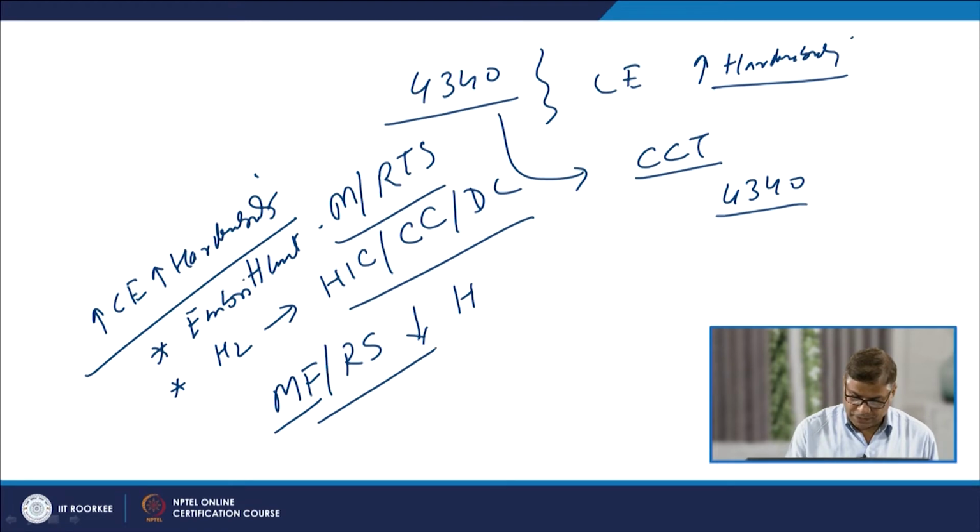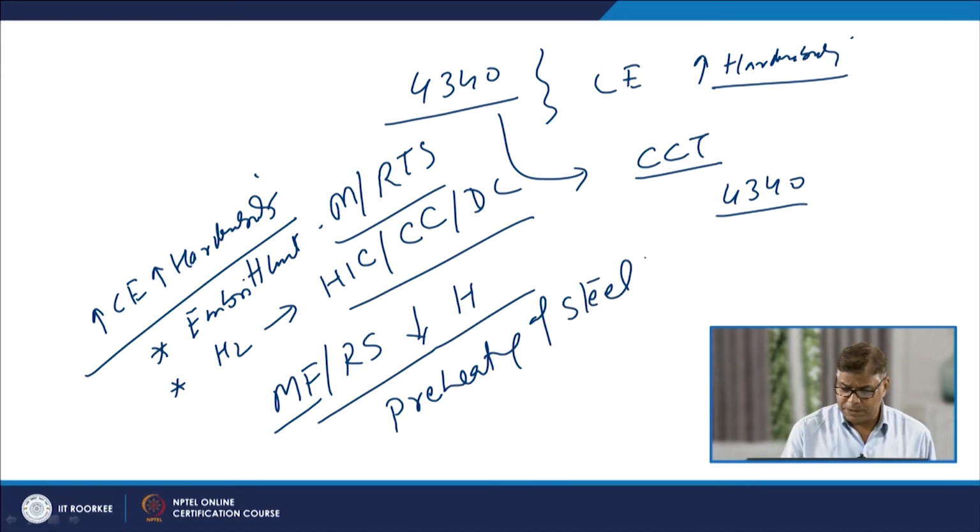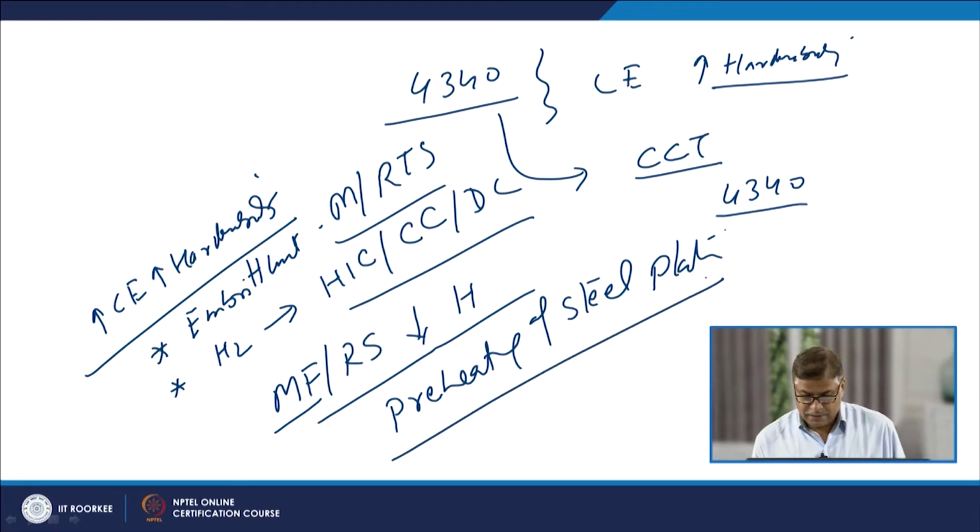For this purpose the main approach used is the preheating of the steel plate which is to be welded, and normally a preheat of 600 degrees Fahrenheit is preferred,